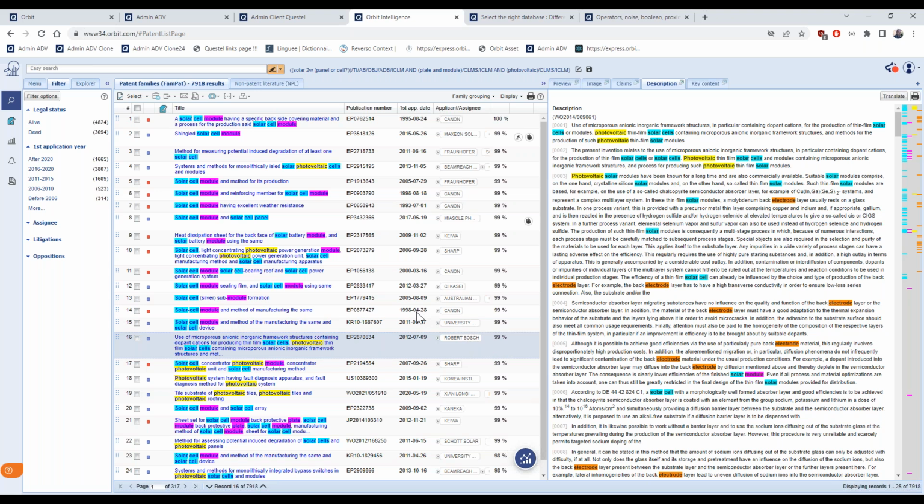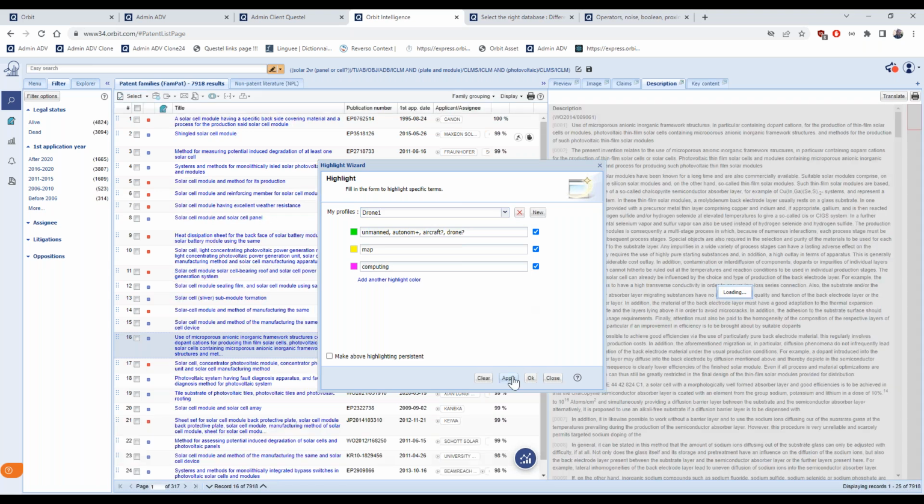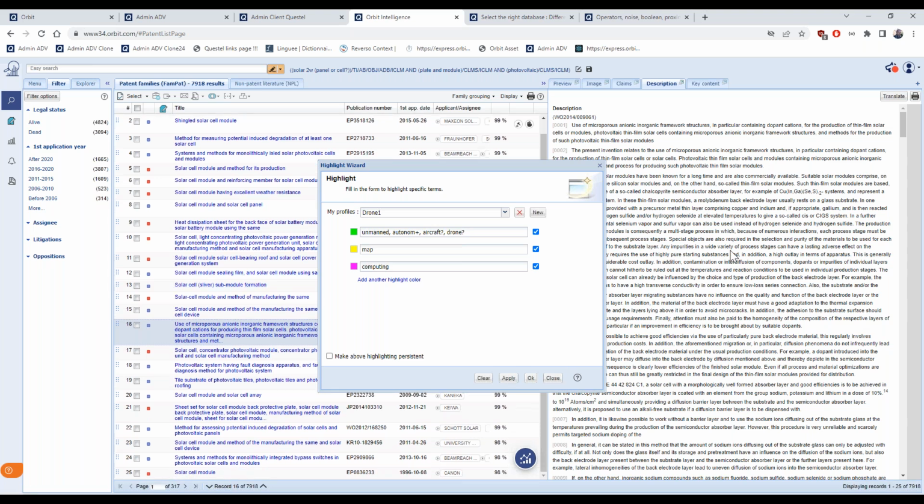So whenever I run a search, I can retrieve this profile and apply to these results. On this account, I probably have other profiles saved. This was for another search goal, another search project, sorry, another training. And I can see how fewer matches are found.